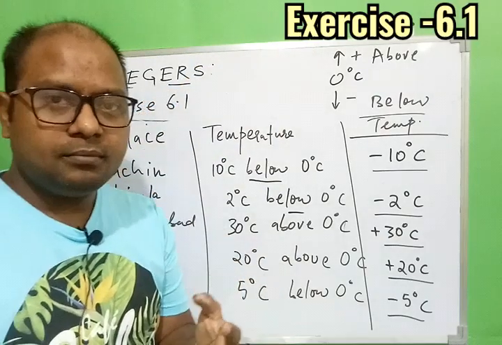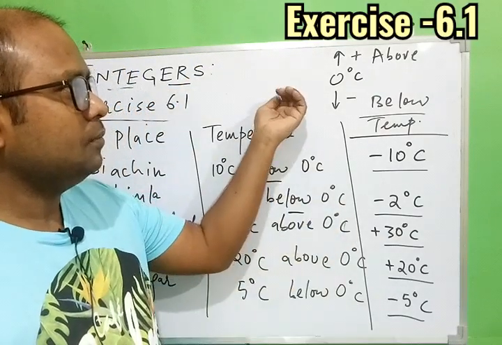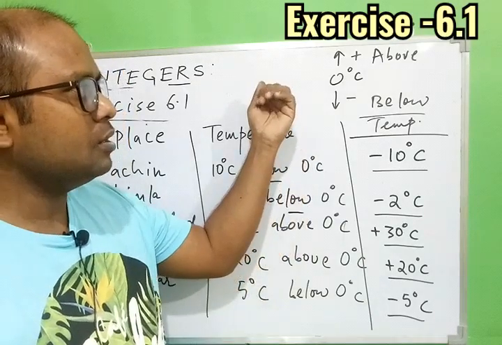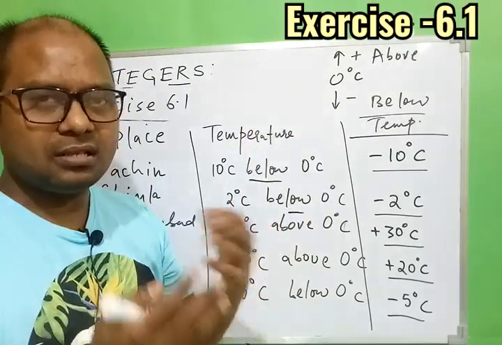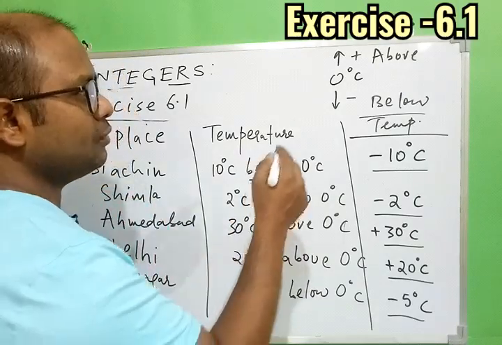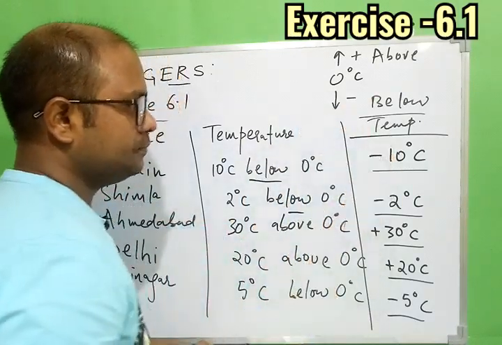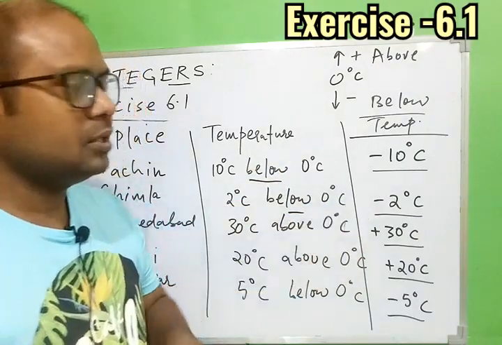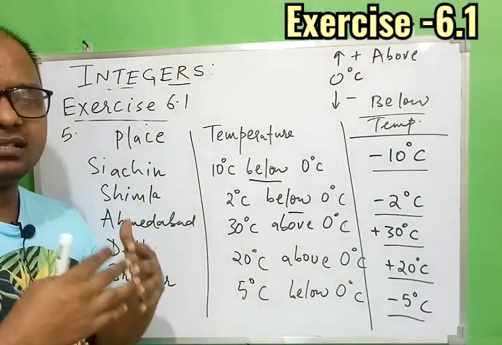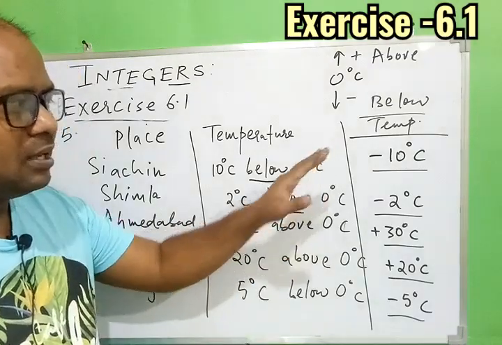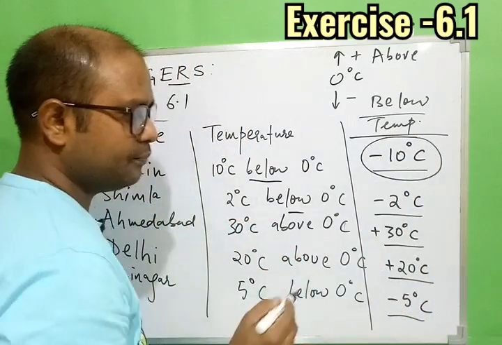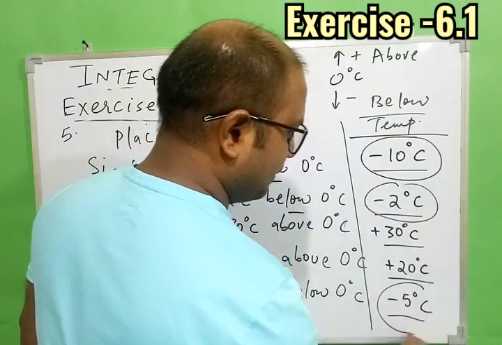if you talk about minimum, that is minimum number, so that is understood. Let's see, if you go below the 0 degrees, then more is the value, that is more is the number, less will be its value, simple. So it is understood. For example, if you compare all the numbers, that is if you talk about the coolest place, that is the temperature where it is minimum, so it is understood we have to see the negative numbers here. So here we are able to see minus 10 degrees Celsius, minus 2 and minus 5.